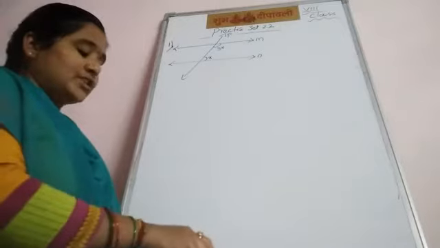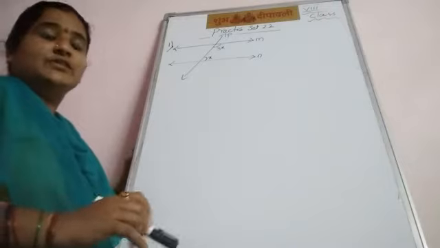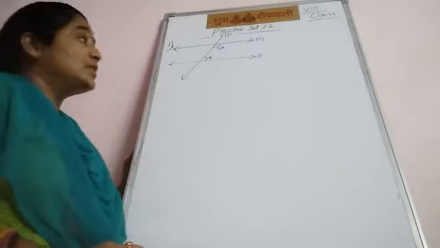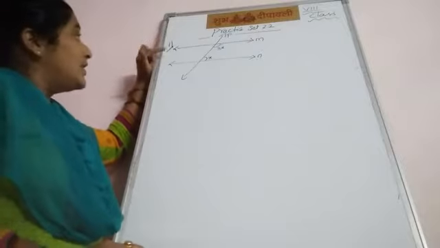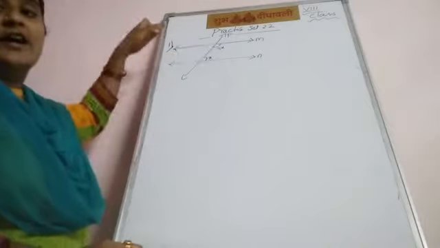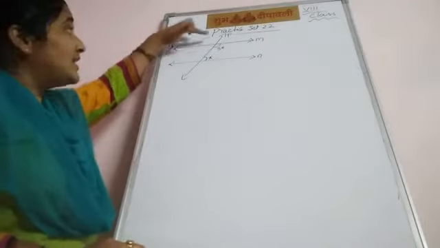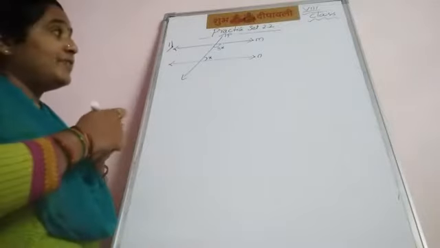Now, first question. In the first bit, he has given us alternatives to choose from, nothing but a multiple choice question. First bit, first one. Observe the figure. Here he has given line M and line N as the two parallel lines, and line T is a transversal. Find the value of x.